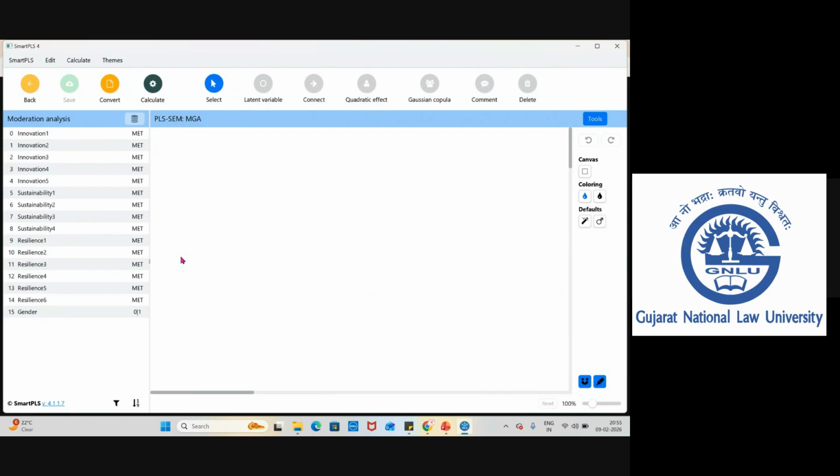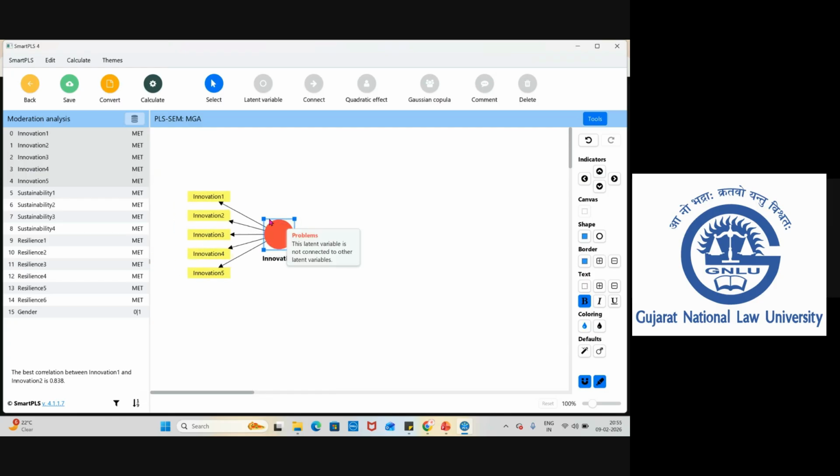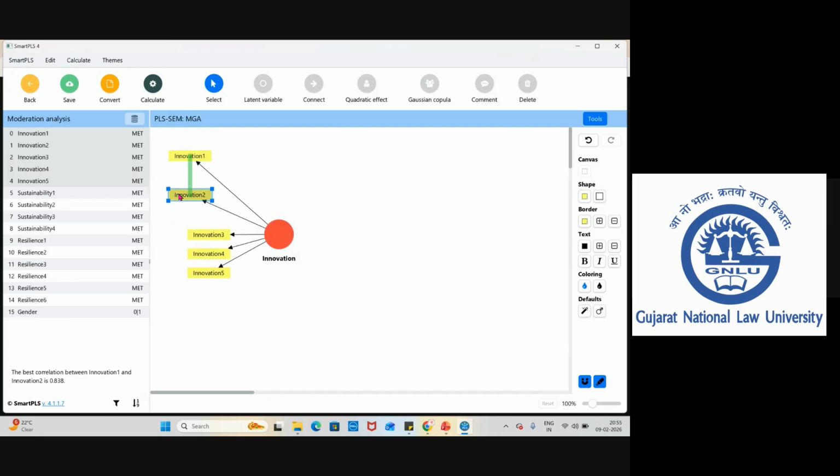Now, here we are going to draw the diagram, the hypothetical model that we are going to create. Just select with the help of Shift plus down arrow button, and drag and drop it here. By using the right side panel, you can change the direction of the indicators and make arrangements.